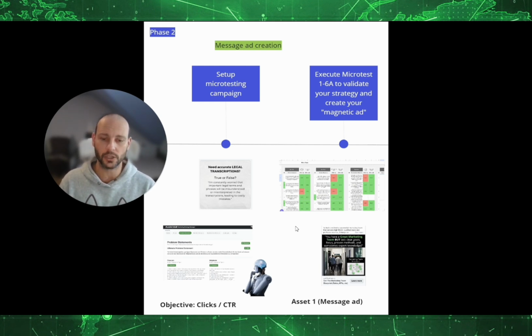It's an ad that was tested with click traffic, so it's a message ad. And this message ad is our first validated asset that we use to build all other parts of our funnel. Remember, we want to start small and test our market and build the entire funnel with our market, instead of building the funnel and then driving traffic from our market to the website and seeing that nothing works and we